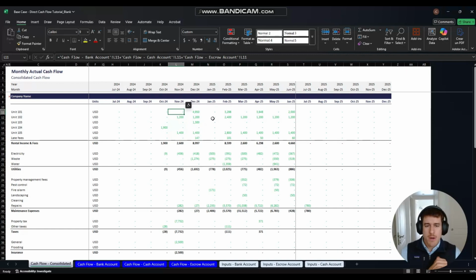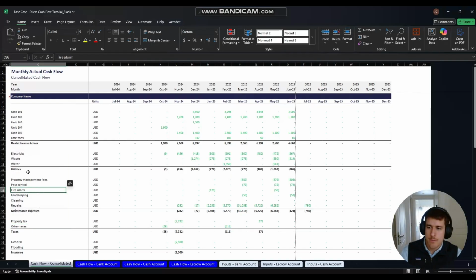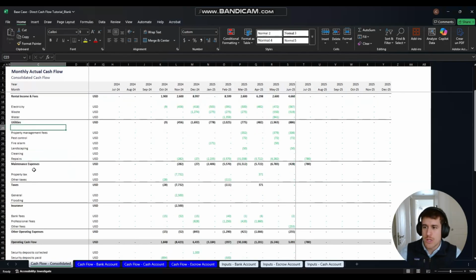So my recommendation for building this kind of report would be first, define a layout that makes sense, tailored to the business you are making. In this particular case, we are dealing with a multifamily syndicator and operator. So we will see rental income as the main source of income. And then from there, we will deduct utilities payments, maintenance expenses, taxes, insurance,